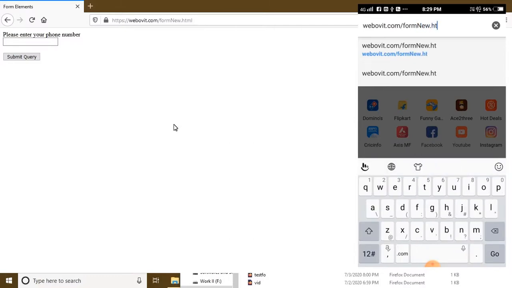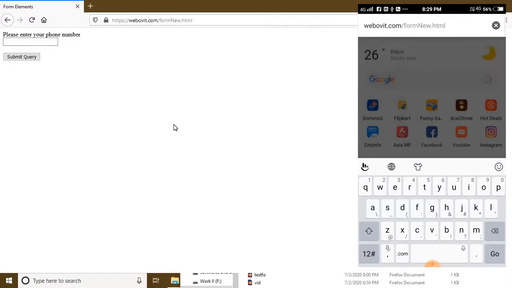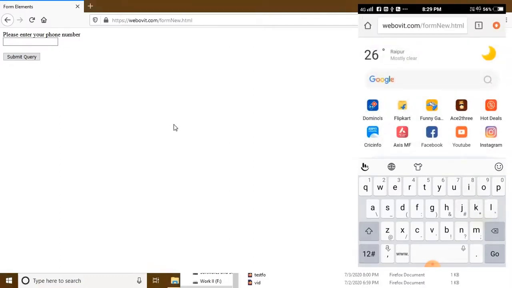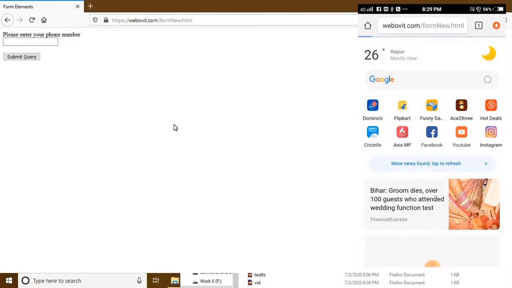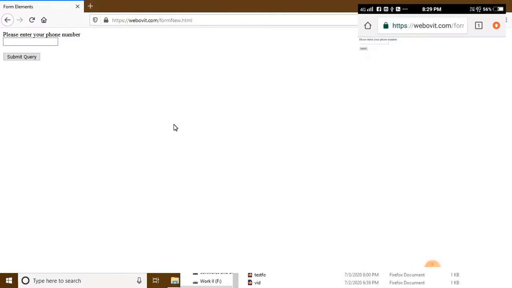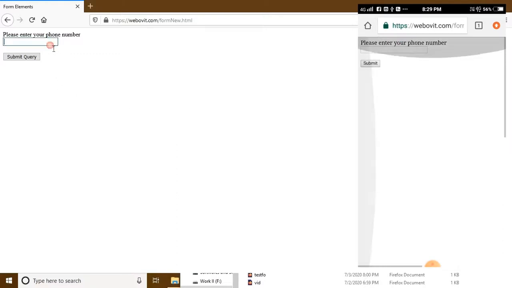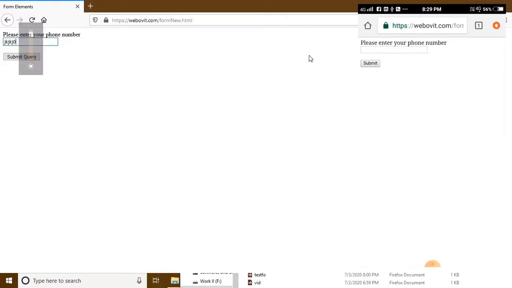So see, there's not so much difference between the computer, laptop and the mobile device, but the trick is, if you click here, you can type whatever you want to type. Okay, but suppose I click in this one input box in the mobile, what keyboard is appearing?